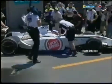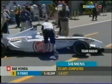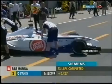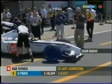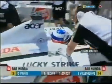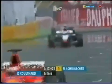With the car, one thing I feel we need to improve is the braking stability, because particularly in the last chicane, I'm not really confident to brake late and turn in quickly, because all the time I feel the rear is a little bit light. I think maybe we need to put a little bit...